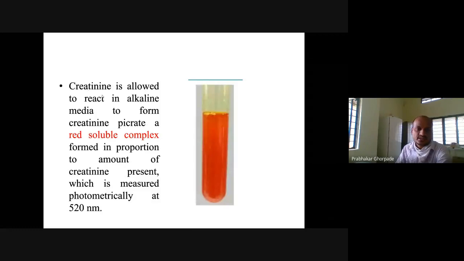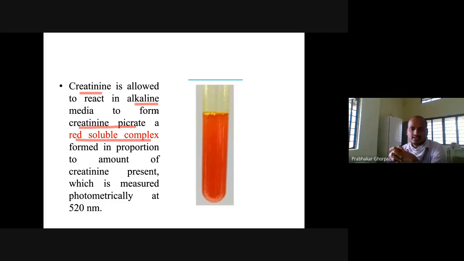Creatinine is allowed to react in alkaline media to form creatinine picrate. So we are taking this creatinine, then an alkaline medium, for example NaOH, and allowing them to react in the presence of picrate to form creatinine picrate, a red-yellow complex. The picrate is yellow in color, and in the presence of NaOH, the creatinine reacts with this picrate and we get this reddish color, a reddish soluble complex formed in proportion to the amount of creatinine present,